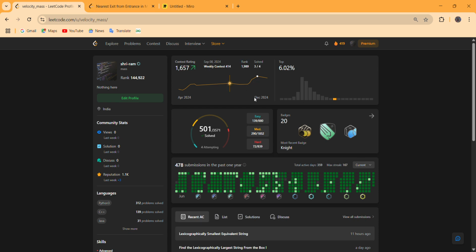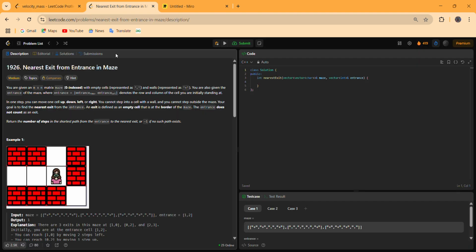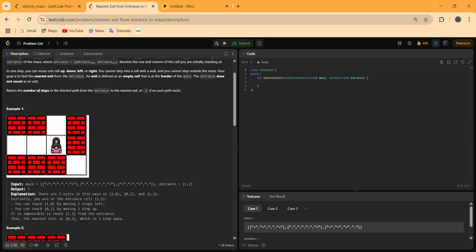So, hello and welcome everyone to today's LeetCode challenge. The question number we are targeting today is question number 1926, Nearest Exit from Entrance in Maze. This question states that we are given a matrix of dimensions m cross n